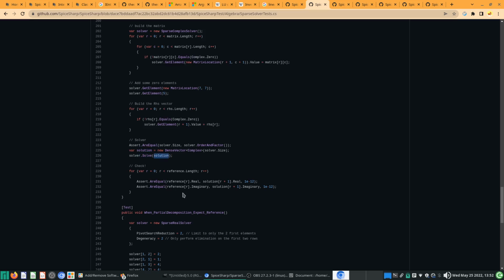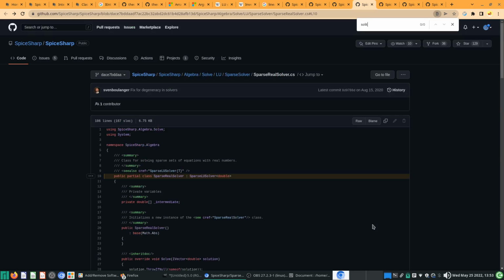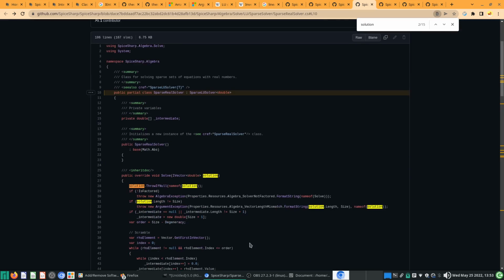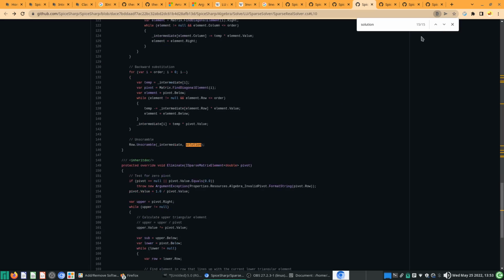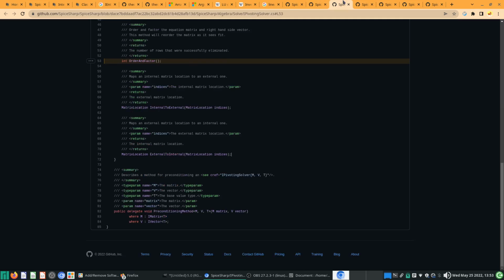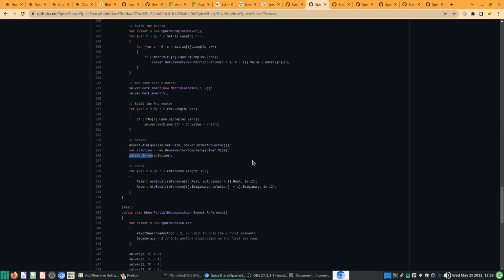Okay, once this solution is fed in, I don't know why it has no return over here. It'll be nice if they actually do a return type. Okay, there's no return type here. There's only an input. There's not really an output. Okay, so the methods for solving and manipulating the matrix are within the solver object,